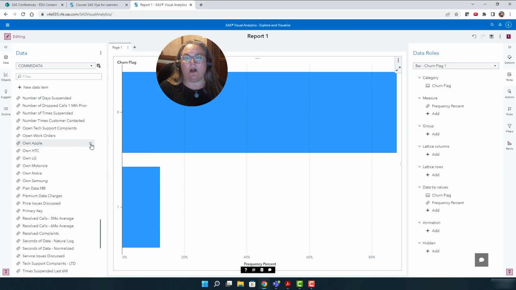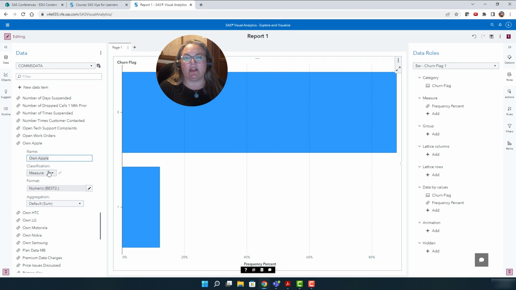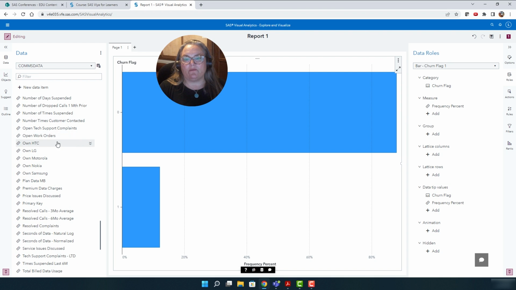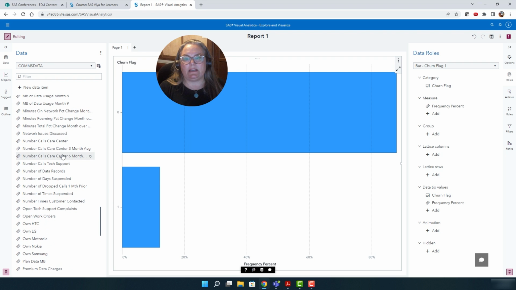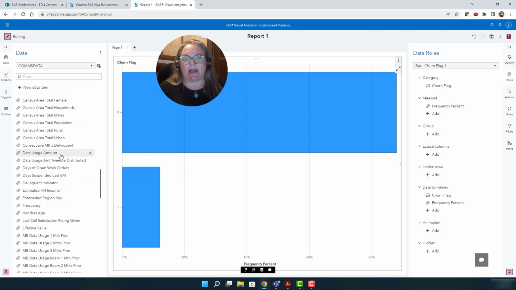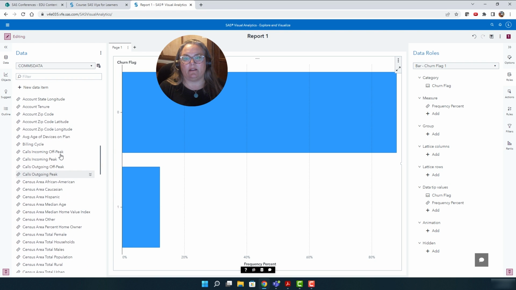Again, if I wanted to change these to categories, it is quite easy. I'll do this one, but we don't really need these items. We're not going to be using them, so we can leave them as is. But it is quite easy to change the attributes of a data item.